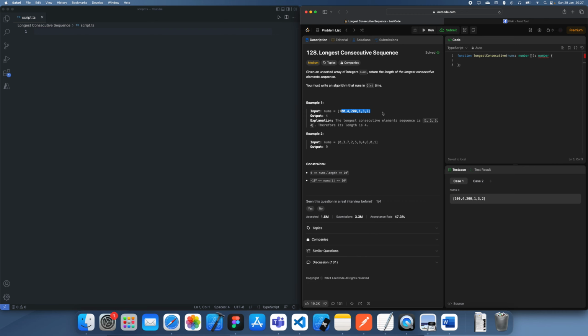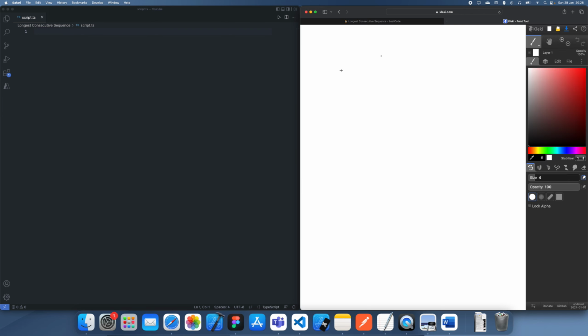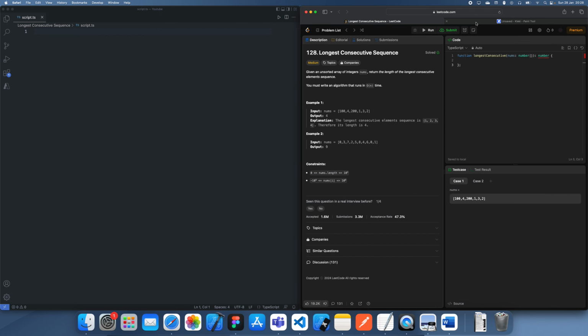So you can see in this first example, the longest streak is of length 4, and it starts from 1, then jumps to 2, 3, and then 4. So yeah, now the method to solve this is relatively simple, and the way we like to think about it is we want to start from the bottom of the streak and then just work our way up and see how far we can go. So let's do something like this. So let's just remember this array: